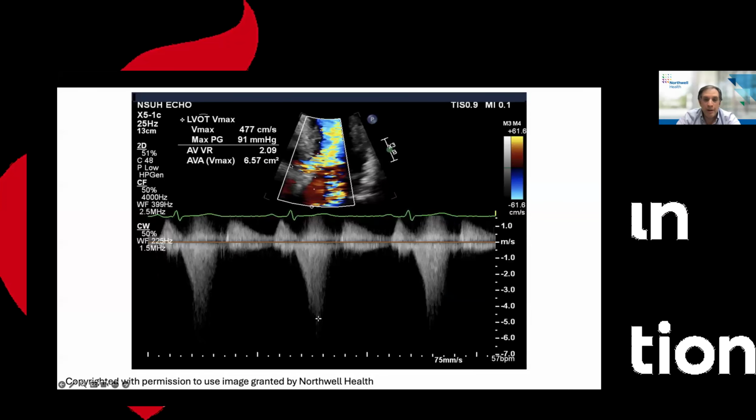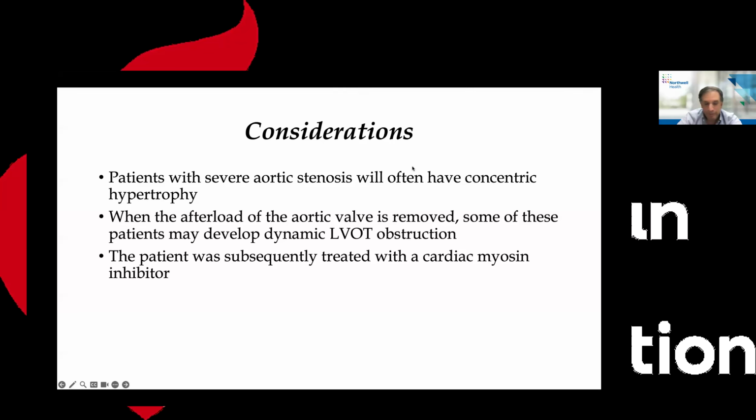And when we do a continuous wave Doppler on her LVOT, what do we see? We now see not a signal of aortic stenosis, which is a mid-peaking jet. We see a late-peaking dagger jet with a velocity of 4.8 meters per second, or a peak gradient between the late LV and the aorta of 91 millimeters of mercury. Obviously, ignore these calculations over here. They are not relevant. So what exactly happened here?